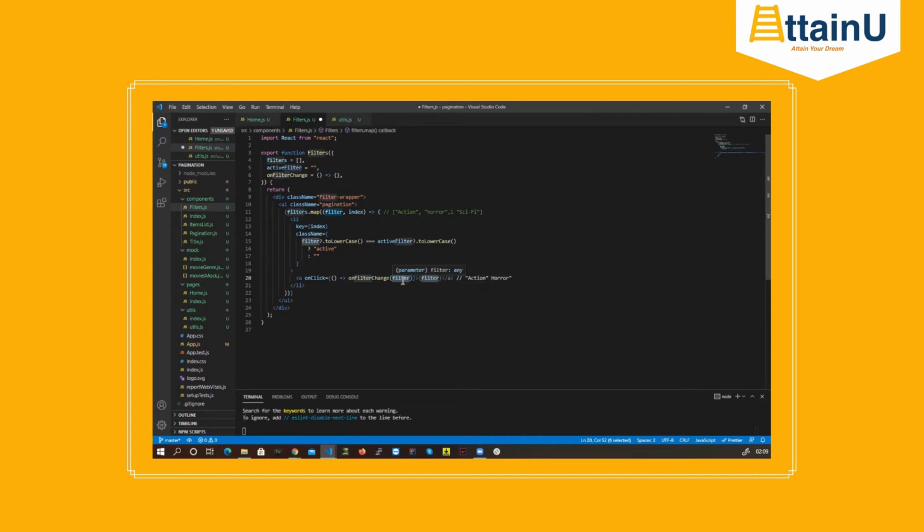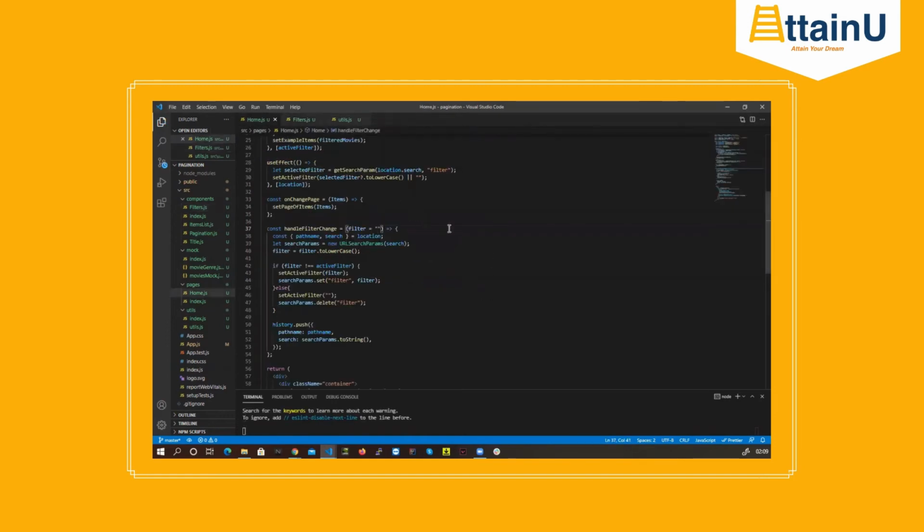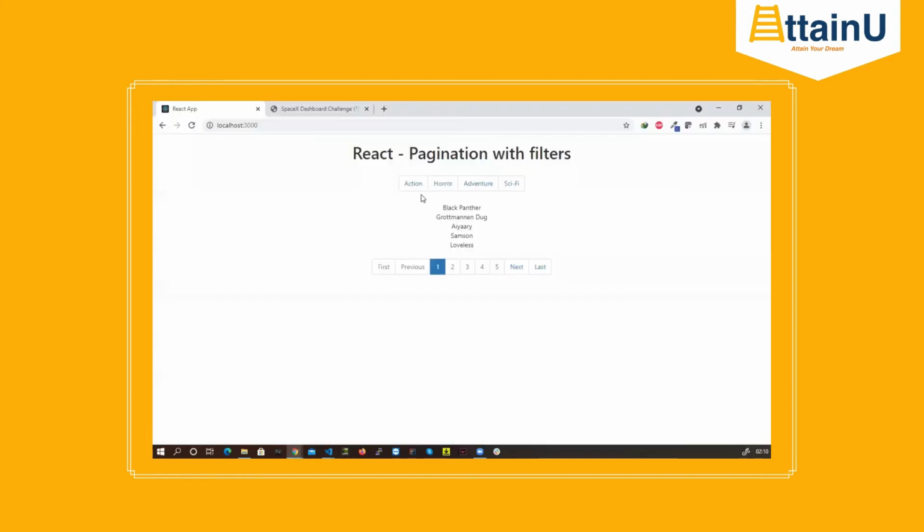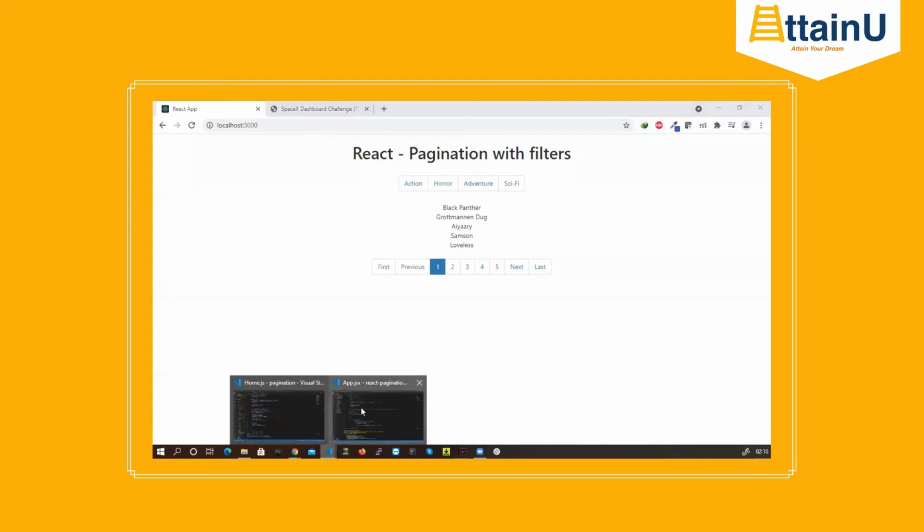So this is one value that I'm pushing out to my parent component so that the parent would know which filter the user has selected. So that was the idea. Save this. Let's come to home. So now you know what this filter is. This method will get called whenever the user clicks on any of the filters, and this filter is that value, what the user has clicked. So from a UI perspective, if I click on action, then that filter would be action. If I click on adventure, then that filter would be adventure.